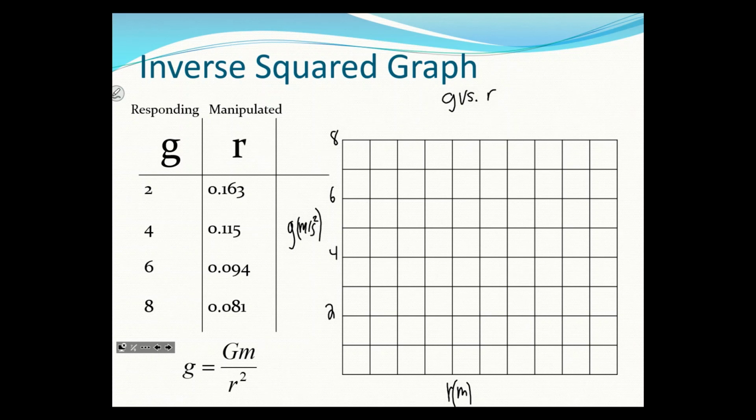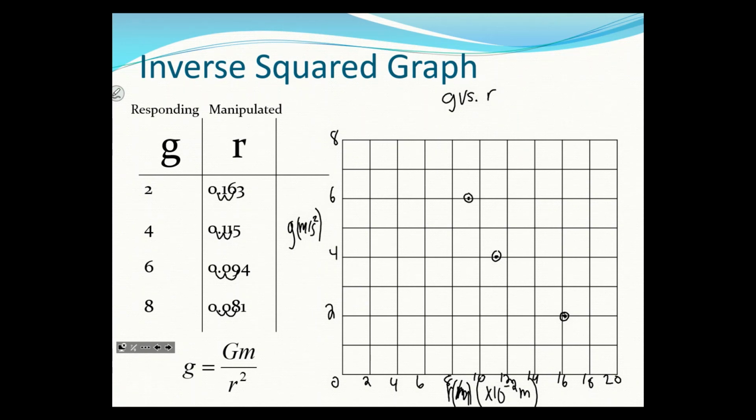Then our R value will move over 2 spots. So it's not going to be meters, it's going to be times 10 to the negative 2 meters, like that. Okay. And we got to go up to 16, so if we just go 2, 4, 6, 8, 10, 12, 14, 16, 18, 20, this is 0 down here, then we'll have enough room. So 2 and 16.3, 4 and 11.5,